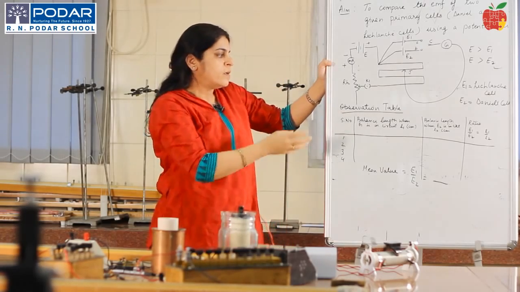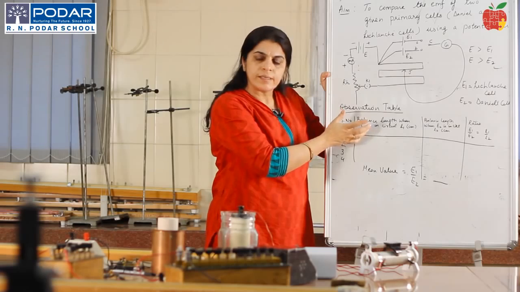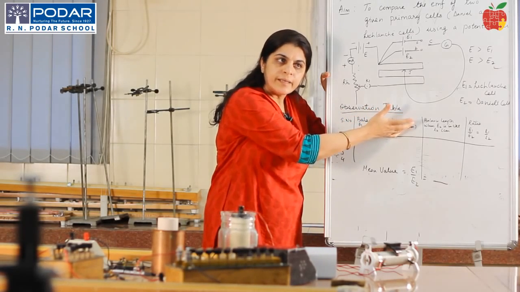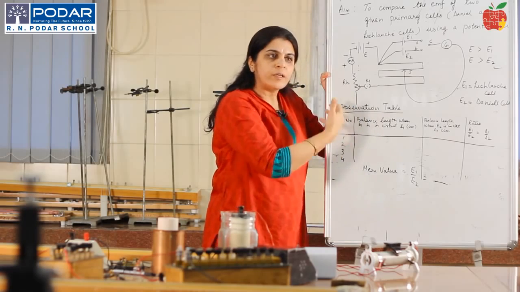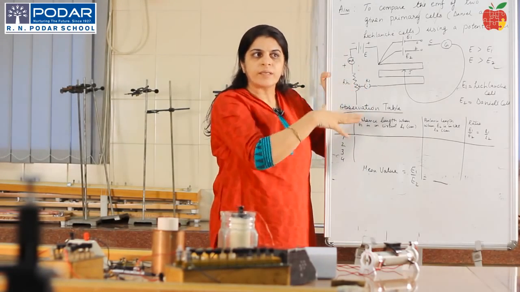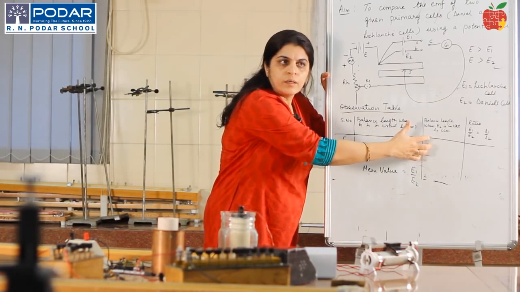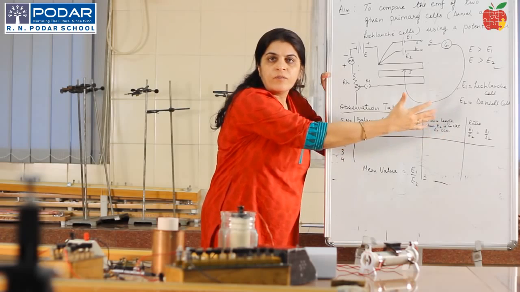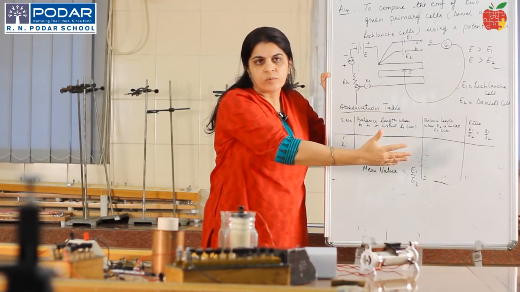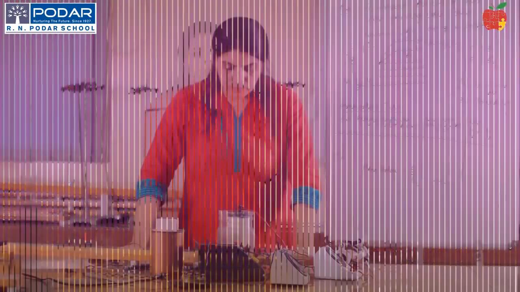The Daniell cell. So, in our setup, when I will be showing you, we find the balancing length L1 of the Leclanché cell, and we find the balancing length L2 of the Daniell cell, and we will take 3-4 different observations. By using the rheostat, we adjust the value of the current. At different sets, we find L1, L2, and then we find the ratio of E1 by E2 in terms of the balancing length, that is L1 by L2. This is our experiment setup, which we will be seeing.